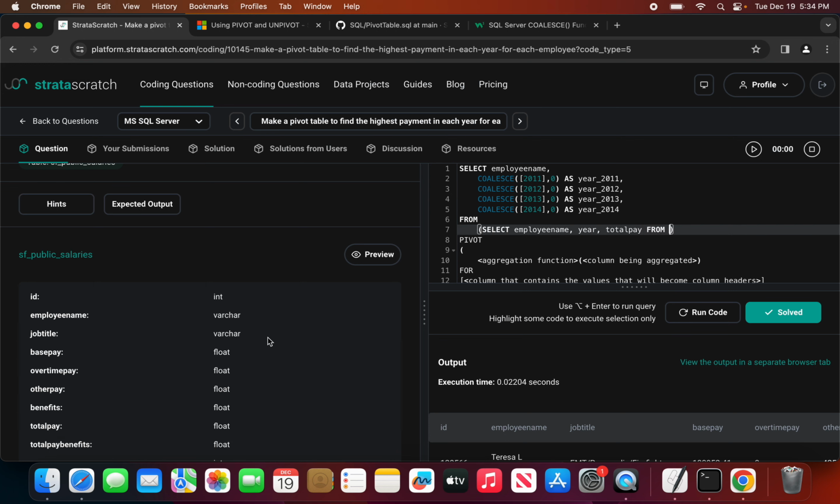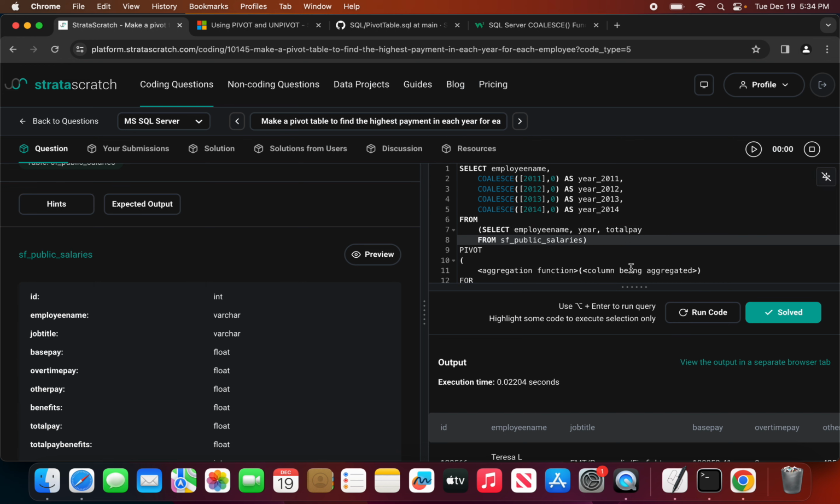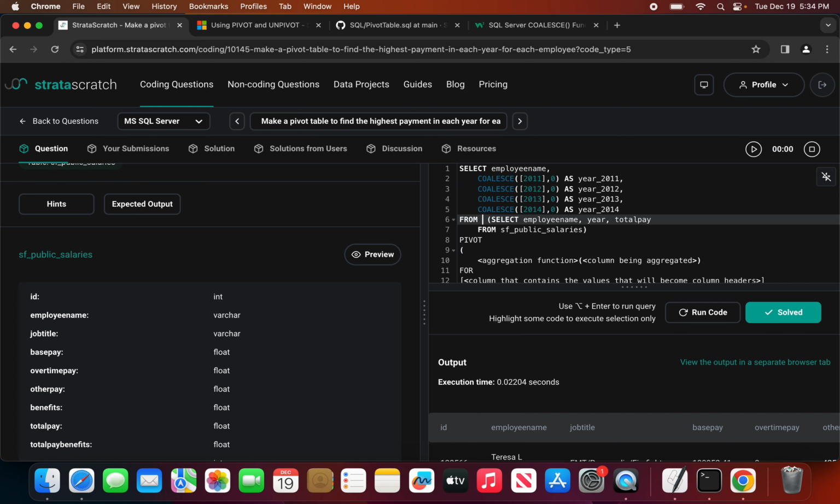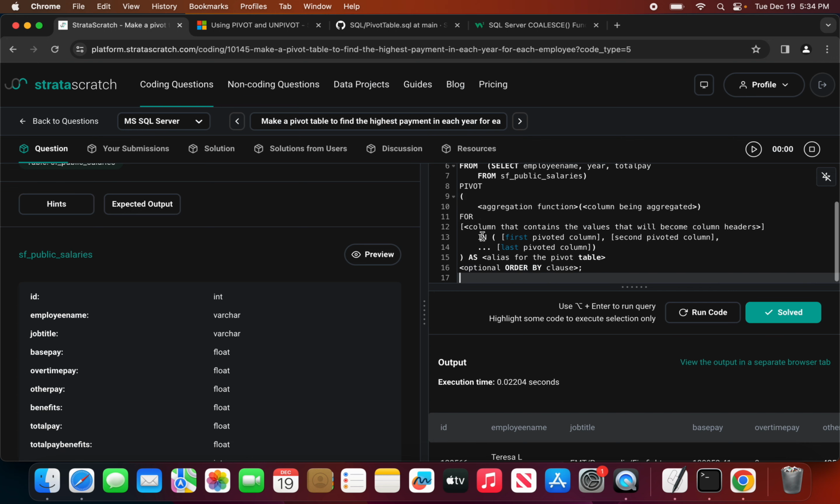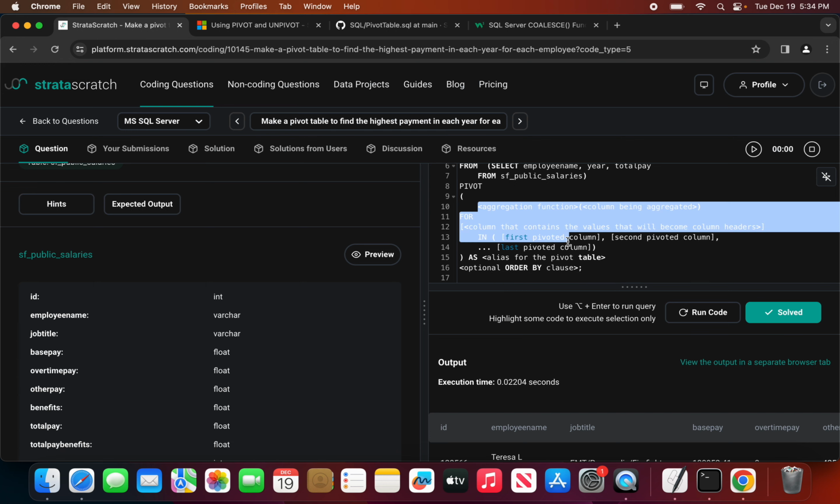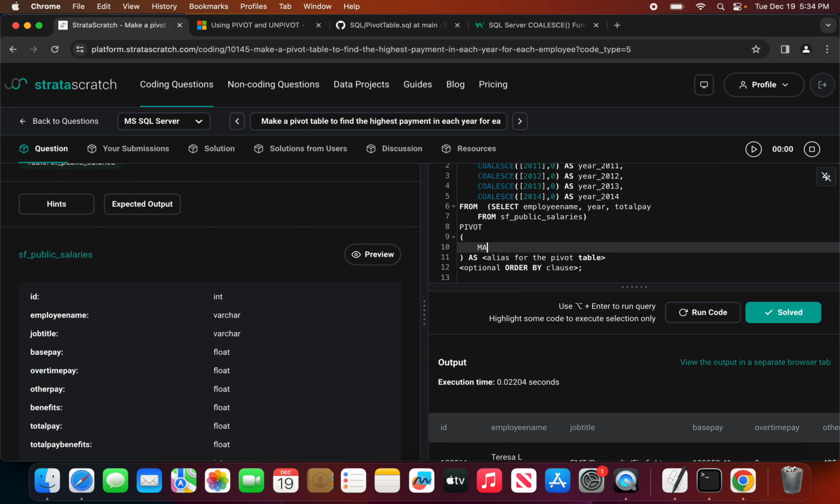And we cannot forget the from statement. This is our table name, from salaries table. It's very important that we only select these 3 because this will speed up our query by a lot. The last thing we're going to have to do, and this is the hardest part, is using the official pivot. And basically, we need to do the max total pay